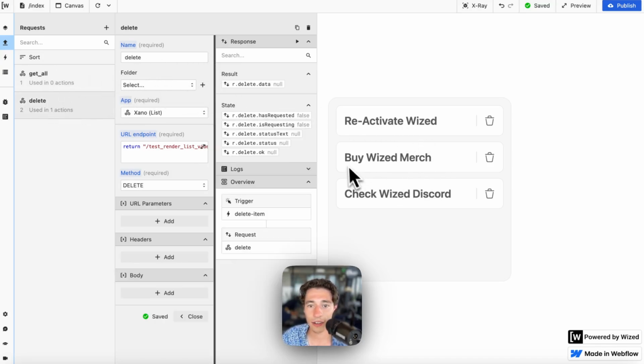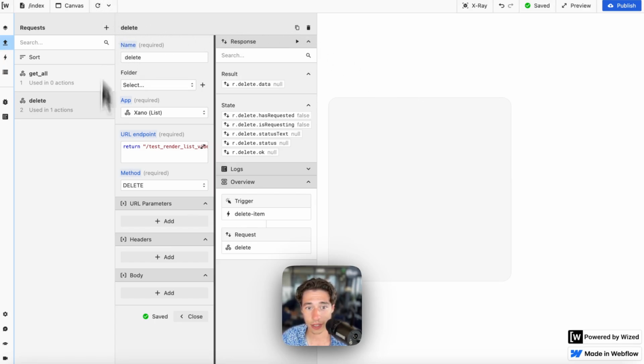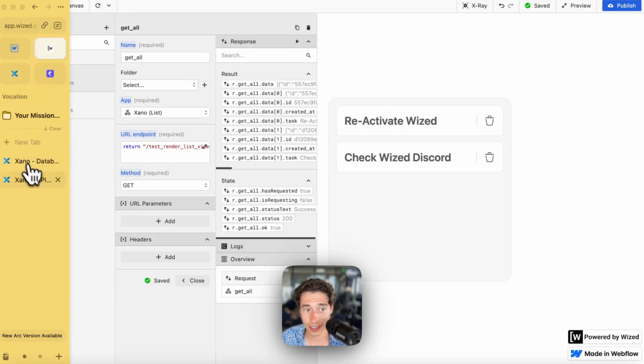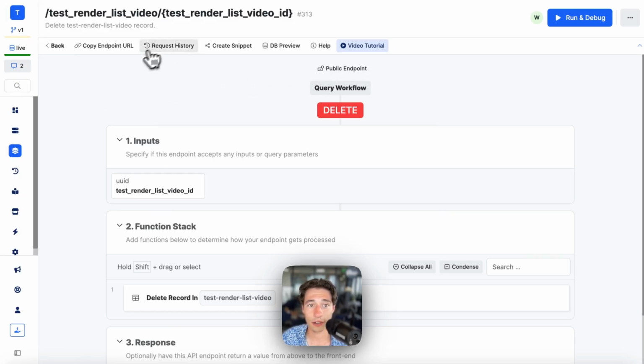Keep in mind, when we click on "by Wized merge", it should be 09 something. So let's click on delete. It deleted. Let's see, we clicked on "by Wized merge". It should have deleted it. If I reload and run the get all request, it has deleted it. Beautiful. And now if I go to request history